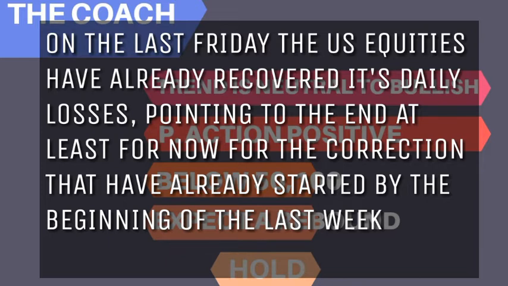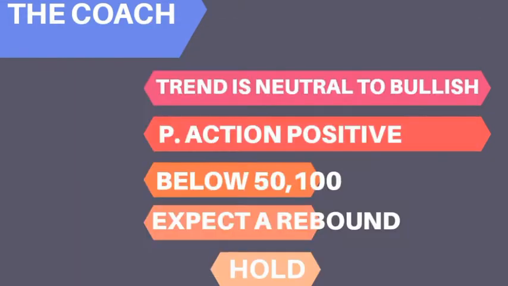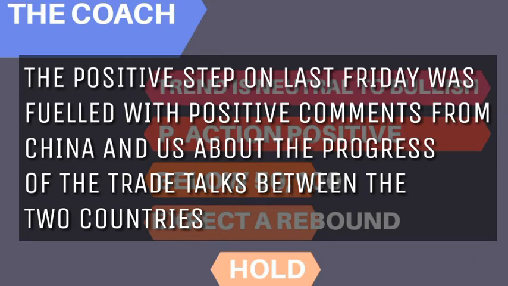That correction was triggered by the tweets from the President of the United States, Donald Trump, about a trade deal with China, which threatened to increase the tariff from 10 to 25, and it has already been increased, but the trade talks are still going on. The positive move in the US equities on last Friday was fueled by positive comments from both parties, the Chinese and the Americans, about the progress of the trade talks, and that the talks did not break down totally, and there will be future rounds where both parties will meet again and again until